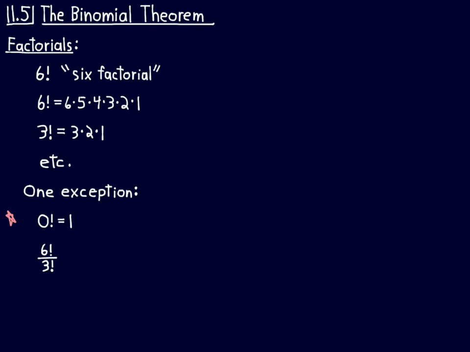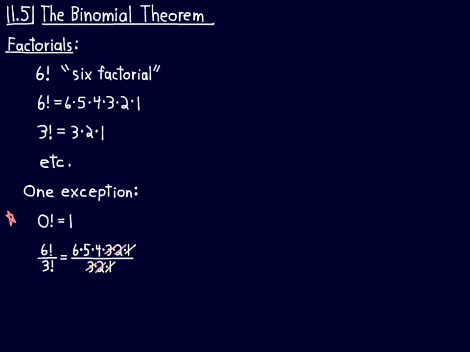Okay, now, we see a lot of division of factorials. It's very common. So I wanted to show you how that works so you understand it. 6 times 5 times 4 times 3 times 2 times 1 over 3 times 2 times 1. Notice the 3 times 2 times 1 cancels on the numerator and denominator because those are common factors. So you get all those cancellations. And so what happens if you see a larger number on top, factorial, and then a smaller number on bottom, factorial,